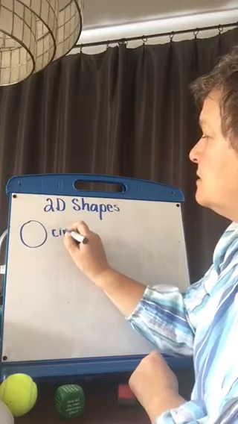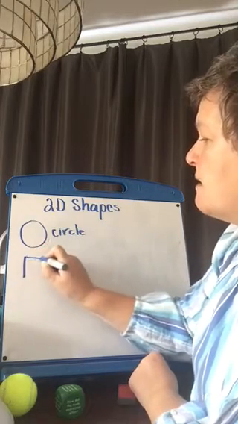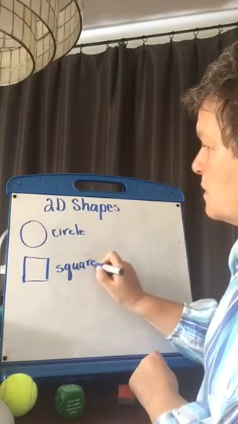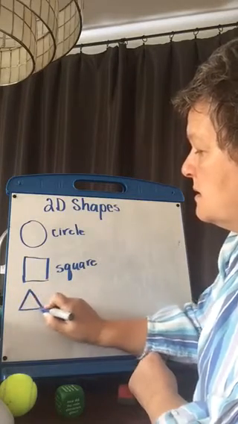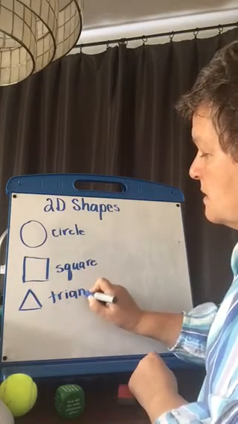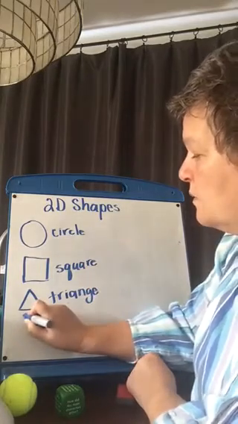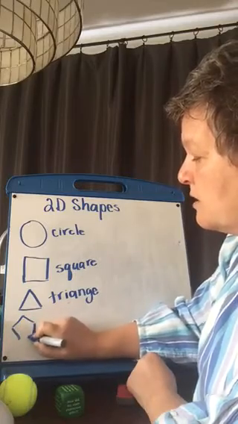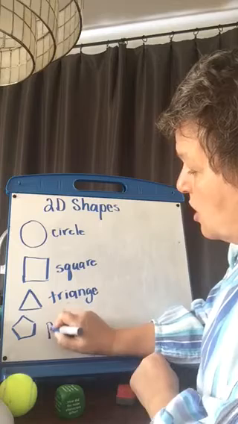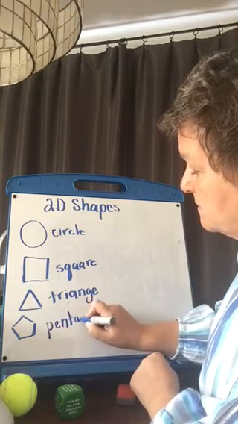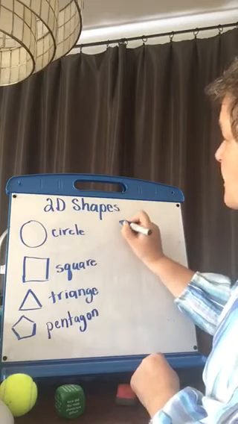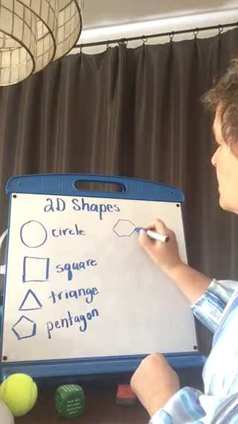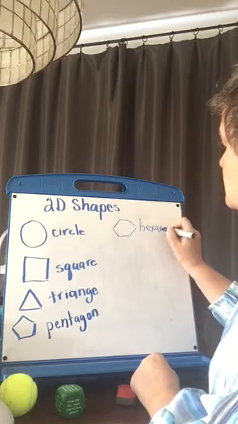like a circle, a square, a triangle. One with 5 sides we would call a pentagon. One with 6 sides we would call a hexagon,